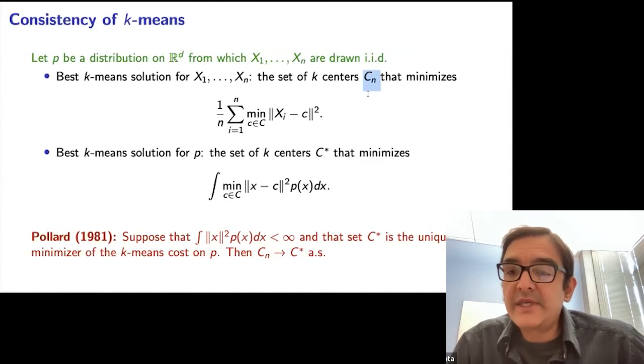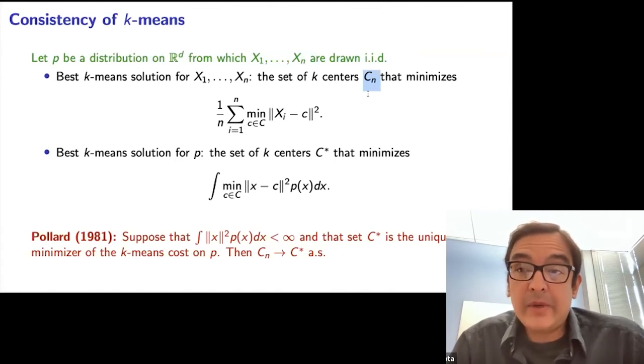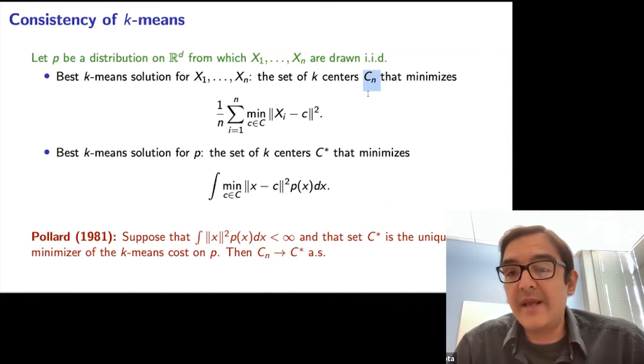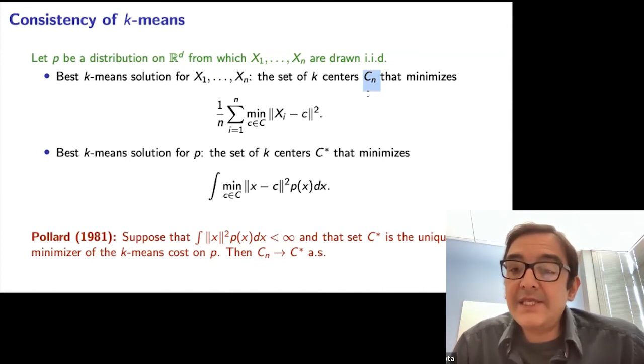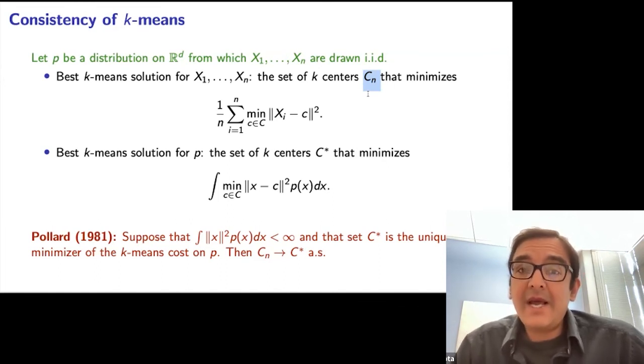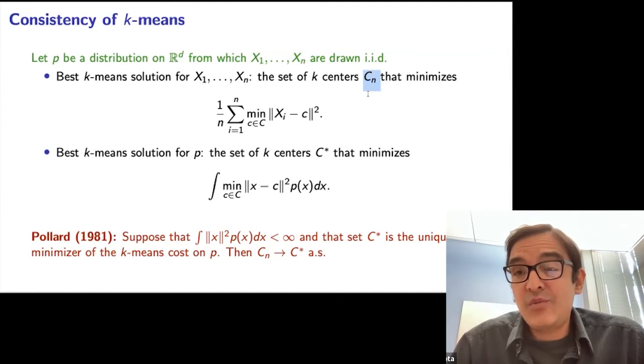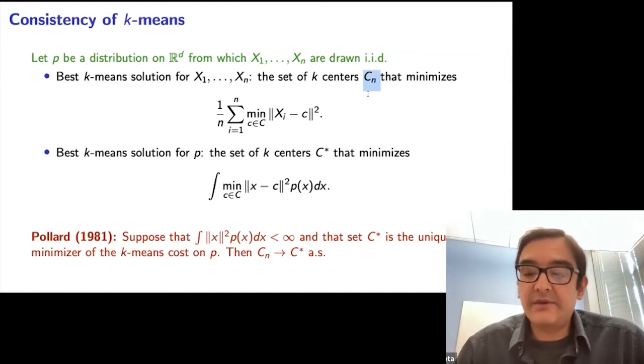So this convergence result is not really something algorithmic. It says, if we were somehow given the ability to produce C sub n, then we would converge to C star. Otherwise, we have no idea what happens. And so what would be nice is to actually look at a specific k-means algorithm and to look at what the output of the algorithm converges to.